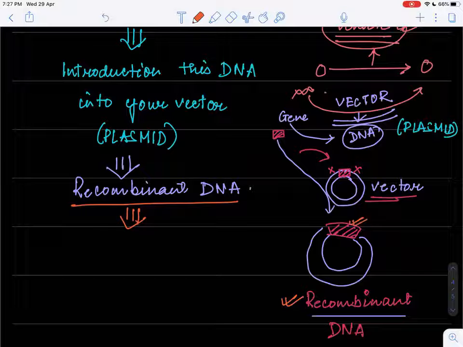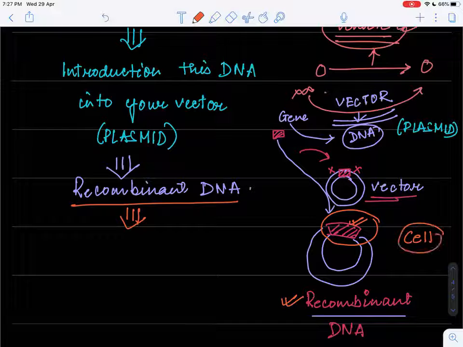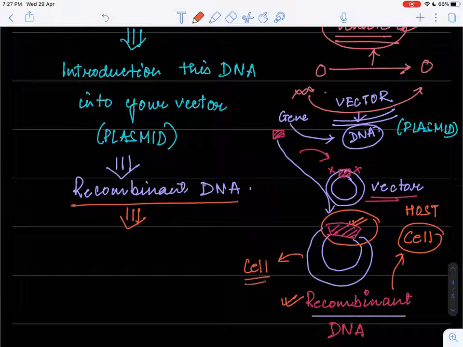So now to express this gene, you need a cell. So the cell which will accommodate my recombinant DNA is called as host cell. What is it called as? Host cell. So now I will introduce it into a cell. Which cell? Host cell. Okay, so let's write that.